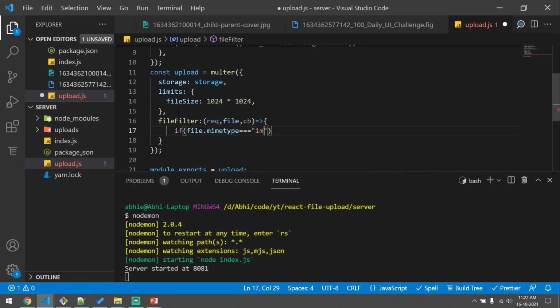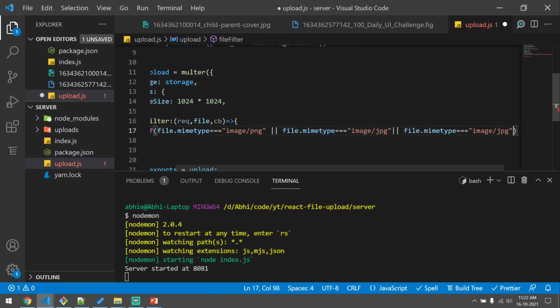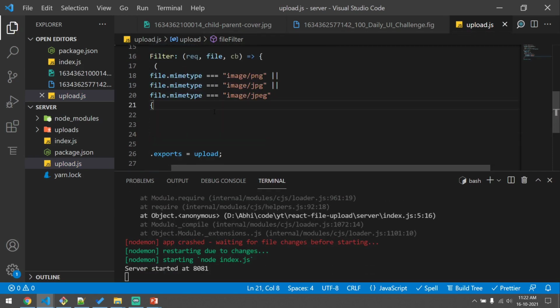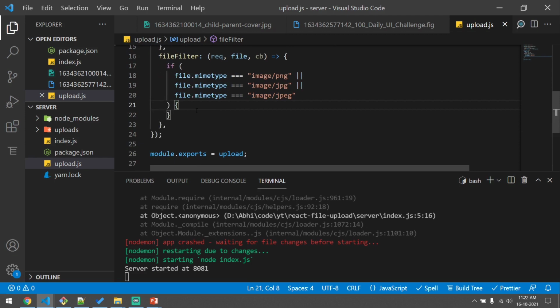We'll check whether it is image/png. We'll allow only uploading image files. We'll check if it is JPG or JPEG.